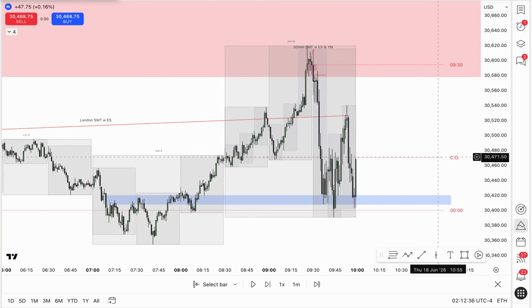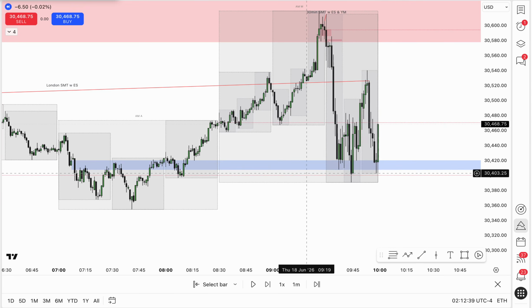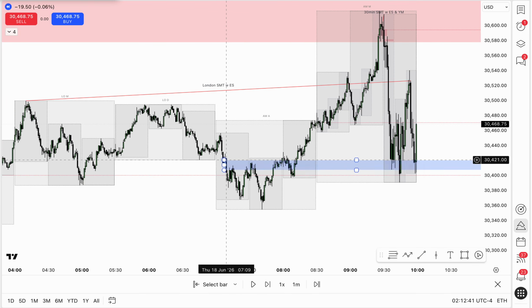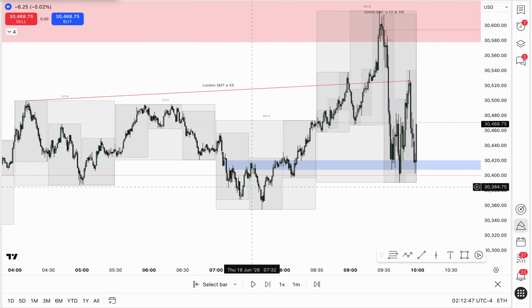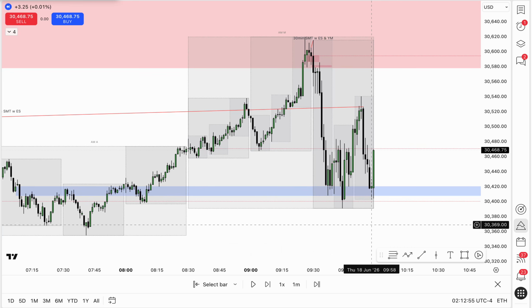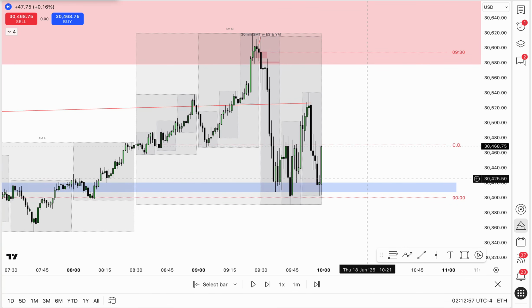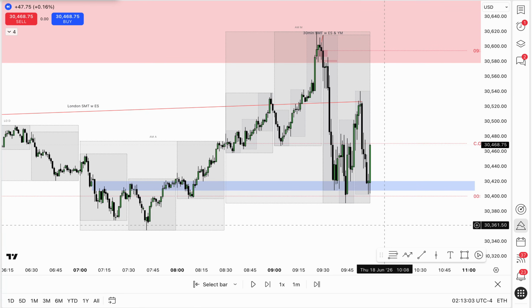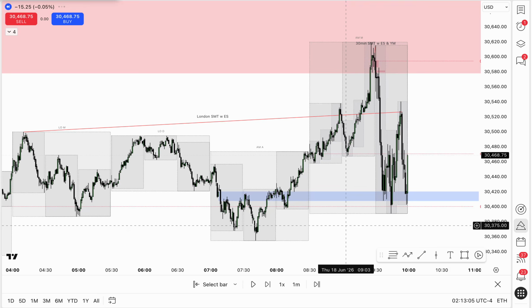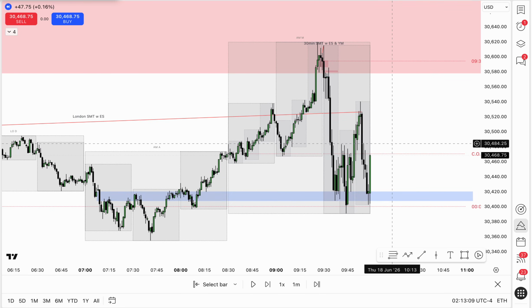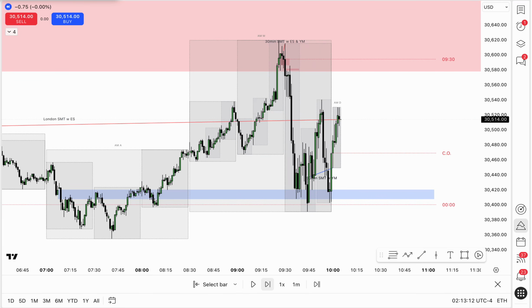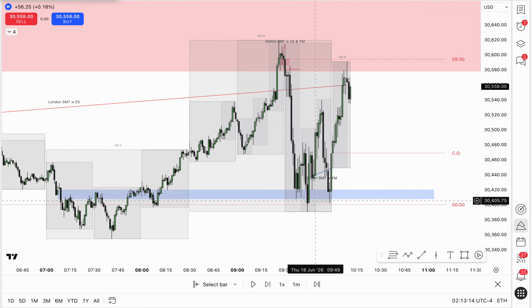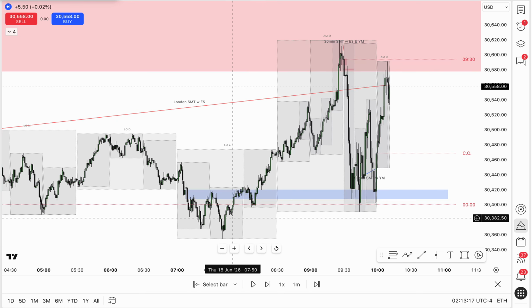invalidation levels, because, for example, I saw some people taking this buy opportunity. Okay, nice buy opportunity. You saw this breaker of this unicorn. You saw this one getting respected right here, and you saw a nice reaction off of it. And we retraced 9:30, retraced towards midnight open, where you expected to retrace around that time, and then in 9:45 until 10. So you saw, okay, we had a retracement inside of this unicorn. We saw rejection off of it, and this was the invalidation level the whole time for the buy